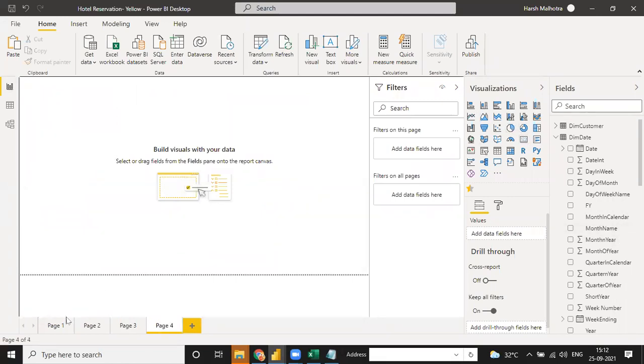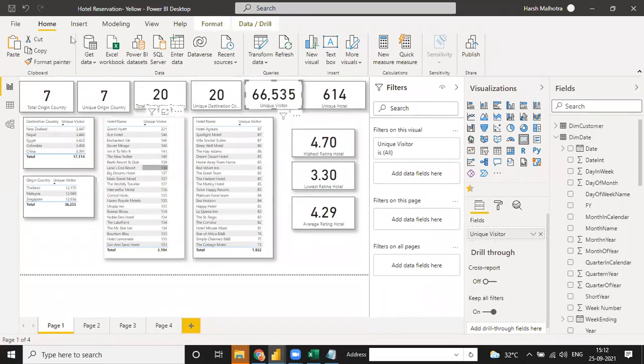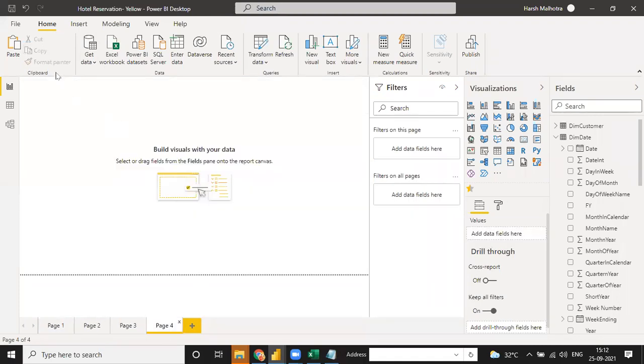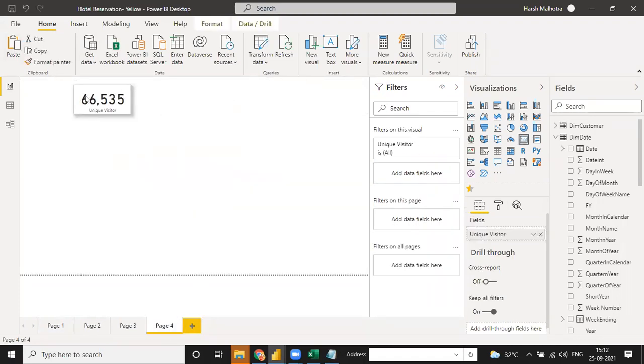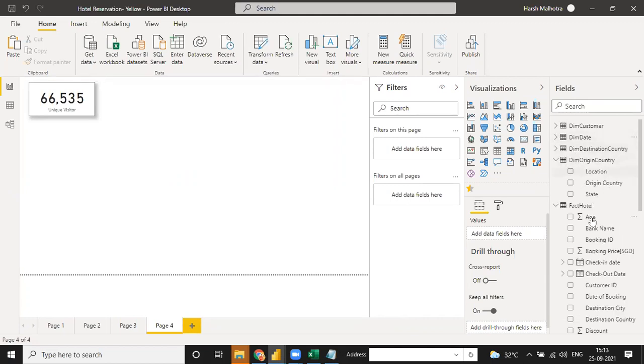On page 4, I need the total number of visitors we have. See, when I click on this, this is the total visitor. I just click on copy, go to page 4, and when I paste it, we have the total visitor. Okay, so how many of these visitors are male and female? We have to analyze the female customers and male customers. So how to do it? Guys, a simple thing you can use: instead of this, you can use the CALCULATE function for making a female measure. So you can just click on the measure table.